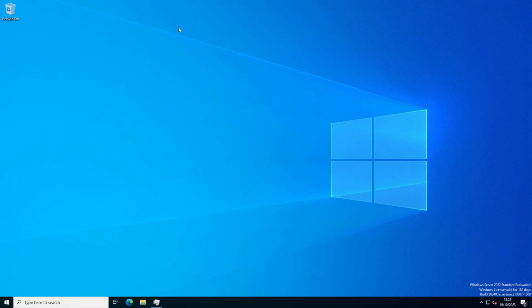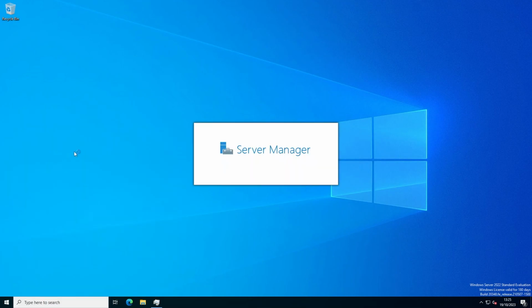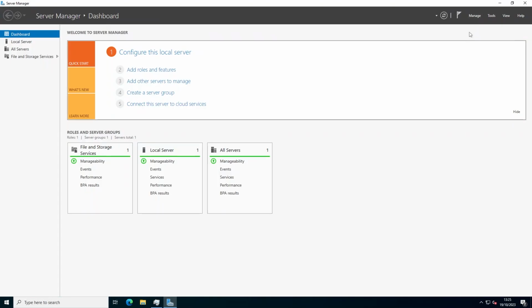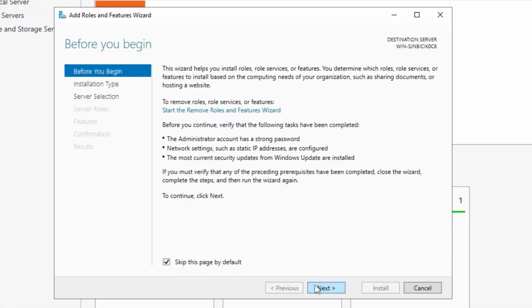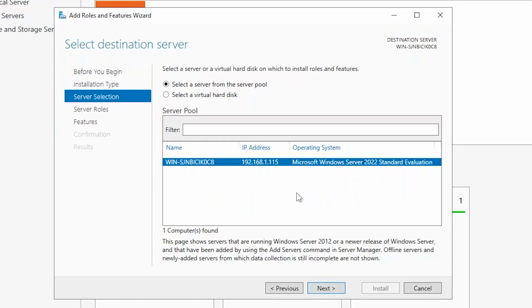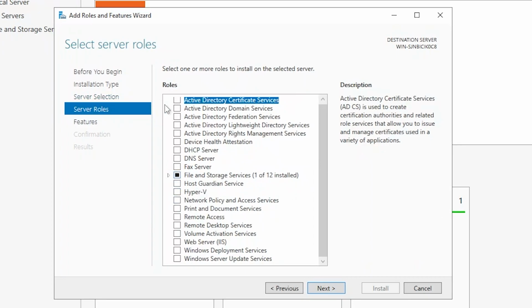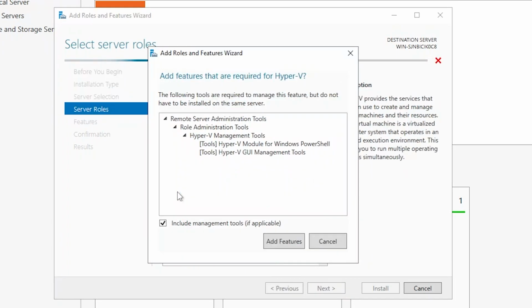To install Hyper-V onto Windows Server 2022, you can come down here to the Start menu and click on Server Manager. When Server Manager loads, you're able to go to Manage, Add Roles and Features, skip this page, and you want to select Role-Based or Feature-Based Installation. Then you want to click Next, and you want to select your server, which if you have just set up Windows Server, it will be the only one in the list. Then you want to scroll down on the list of roles to Hyper-V, and you want to check this box